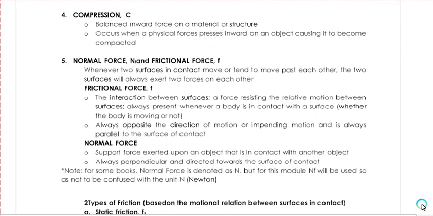Next, normal force. Support force exerted upon an object that is in contact with another object. So, note for some books, normal force is denoted as N, but for this module, gamiton tang NF so as not to be confused with the unit ng Newton. So,